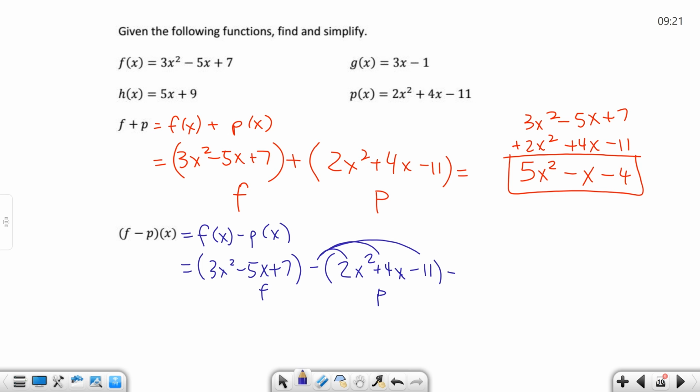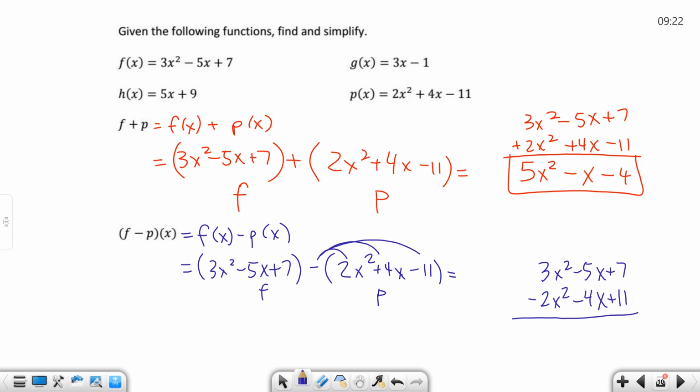So again, when I come out here, I might say, okay, what does this equal to? Well, I might line it up again. I like to line it up again. And what I've found over the years is my students prefer this method. So I'm going to write 2x squared, 4x, and 11 with no signs on it when I subtract. Okay? So, and then I go back and go, okay, if I distribute the negative, this becomes negative, and this